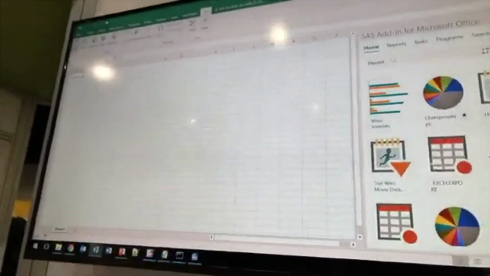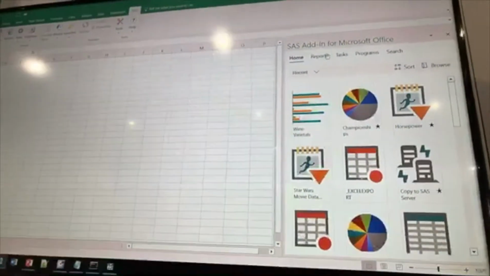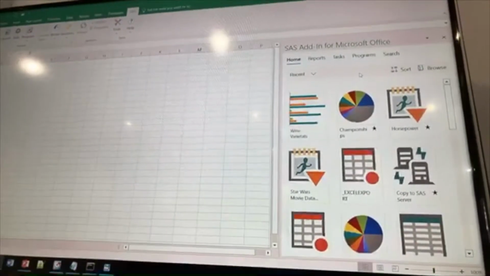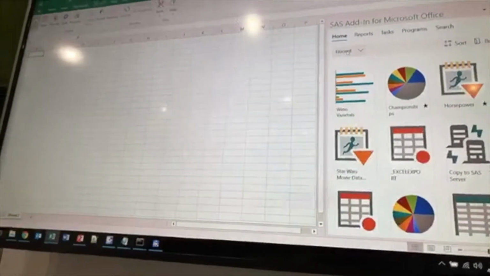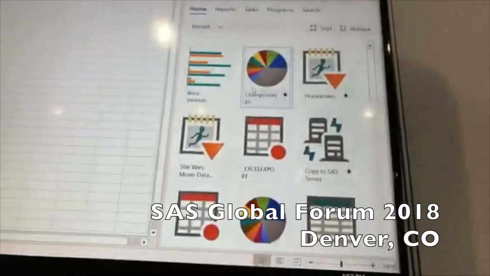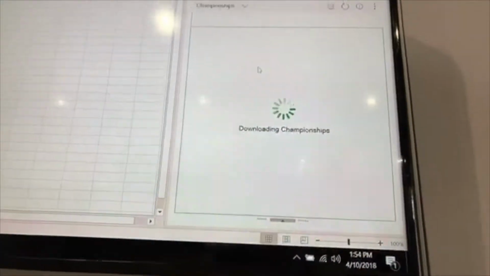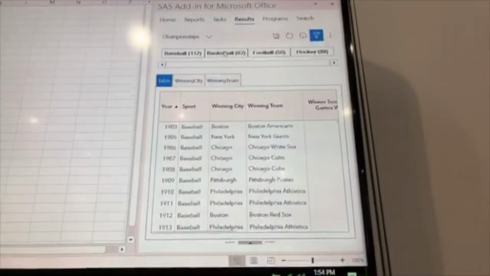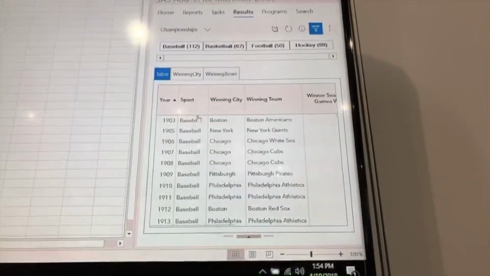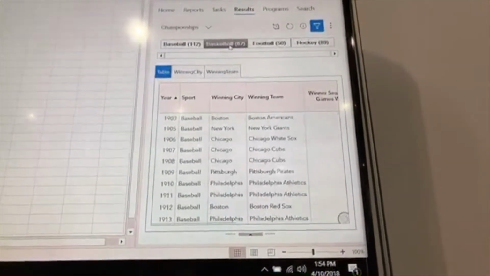This is Excel with the SAS add-in custom task pane on the right-hand side. And from here you can browse through all of your recent content, whether that's visual analytics reports, stored processes, tasks, whatever you've been working with. So from here we can choose a report to open. We'll click on it, and we'll open it into the Results tab in this same panel. And from here you can interact with the report, you can change your filters, and see how they interact and